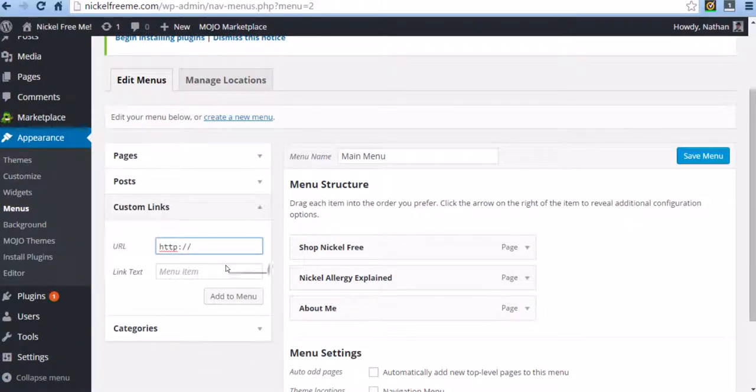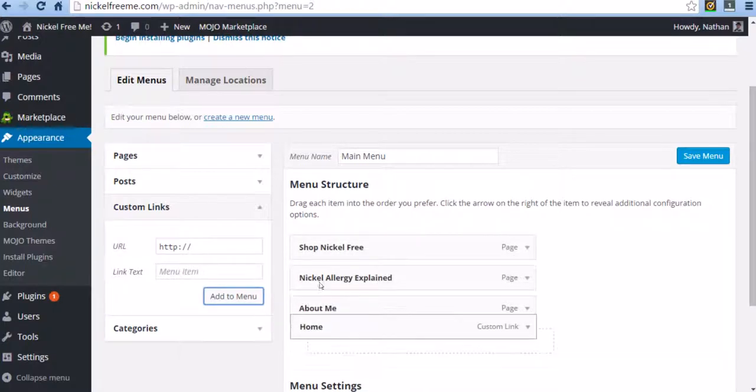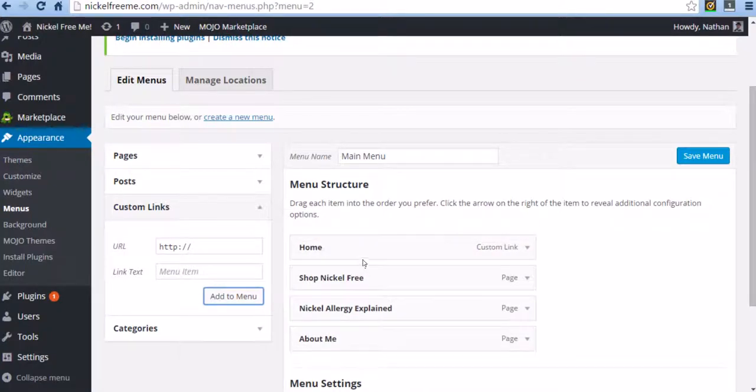We're going to do this and then just say nickelfreeme.com. Link text is going to be home, then add to menu. So we're going to put the home up front. Let's do, yeah, we'll just do the shop, so we'll just leave it in that order. Hit save,